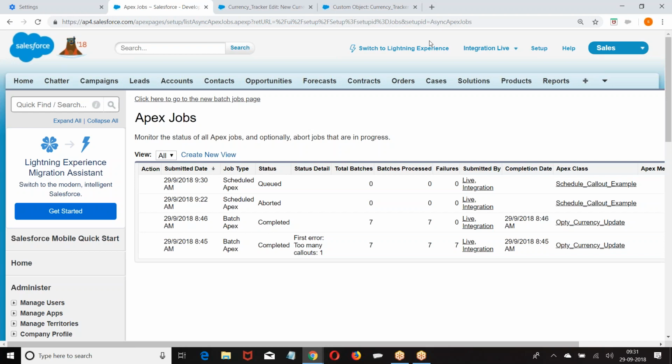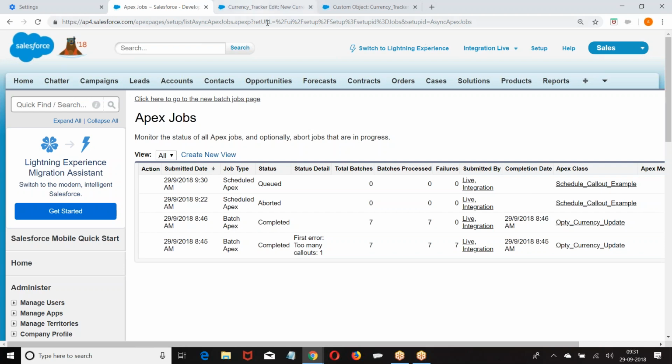Second one, when you're calling a future method, it is going to take only primitive data members. What if the schedule apex wants to pass a group of records? Now schedule apex is generating some group of records. On those records, the web service has to be called. Then what will happen? Future will fail. Right now I am passing only the API key, which is a string. Future method will accept all the data types except sObject.